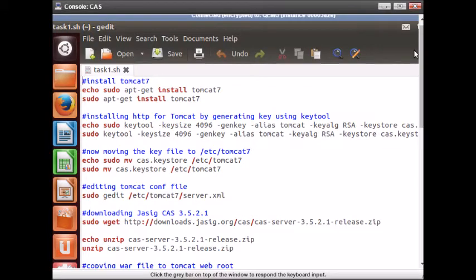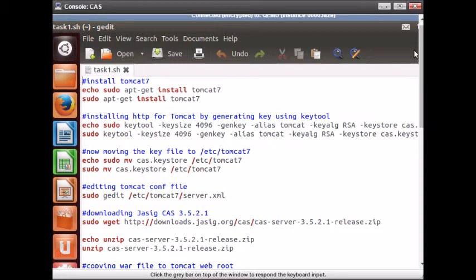Lab 3. Here we are learning about Central Authentication Server, which is a single sign-on protocol. Here the client only registers itself once on the server and then it can continue using it without giving its credentials. So for that we are considering two consoles, the CAS and the web server, where CAS acts as the server and the web server acts as a client.